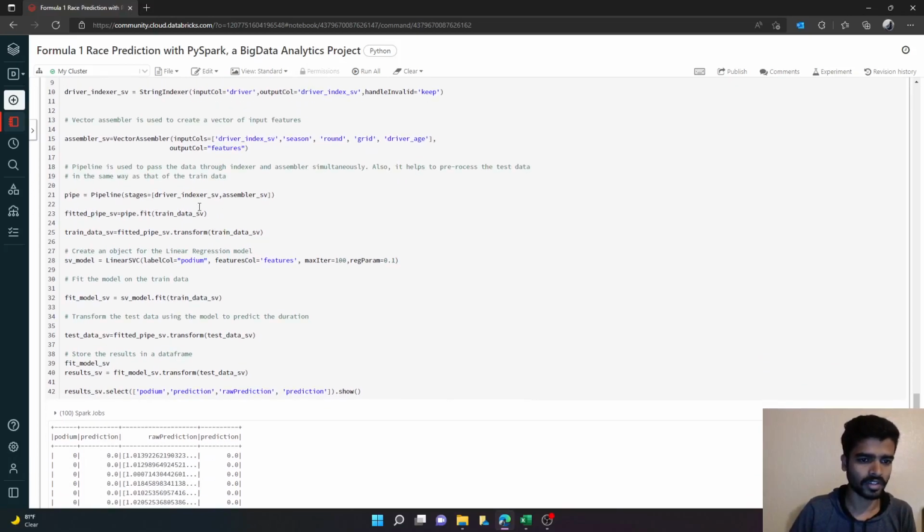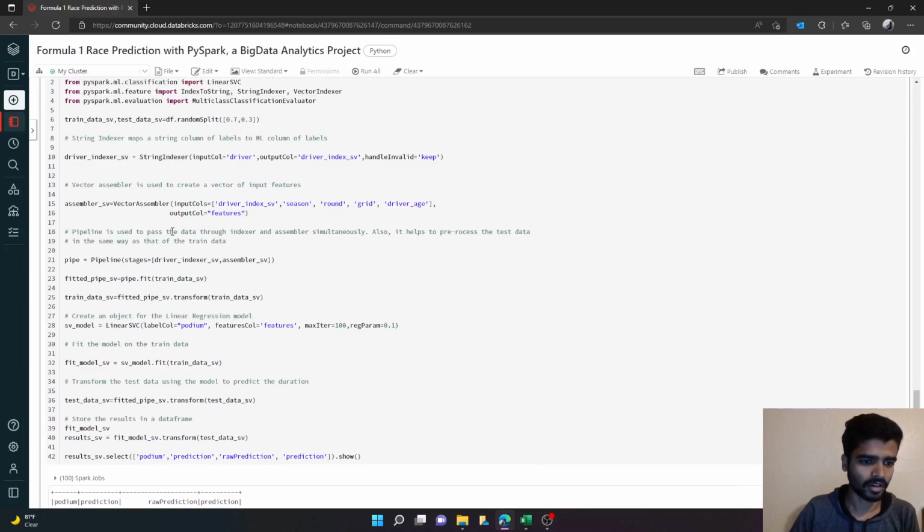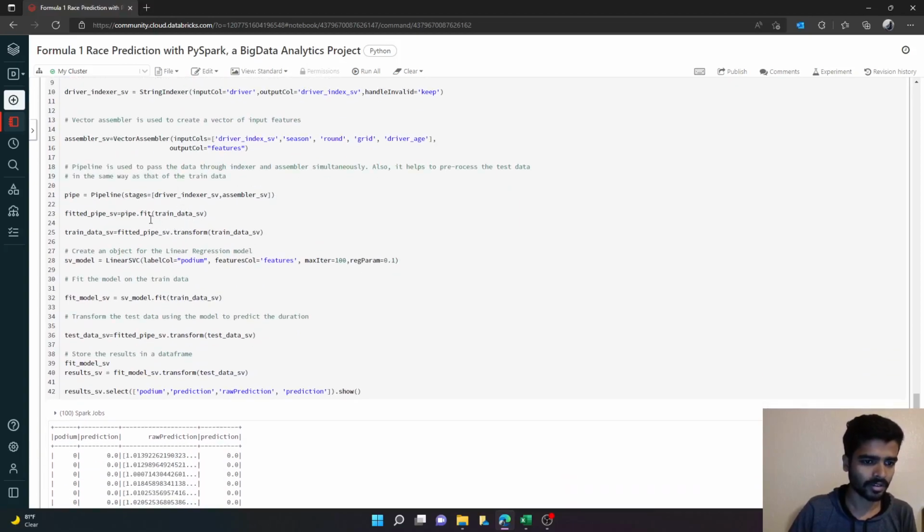After that is the pipeline, which has different stages that take the inputs of the indexer and the assembler, forming one kind of input transformation.